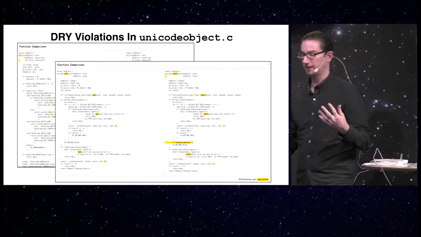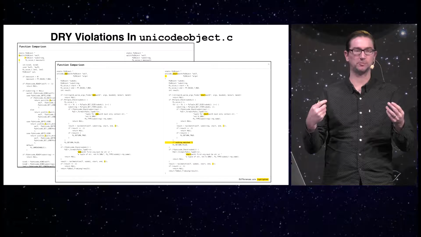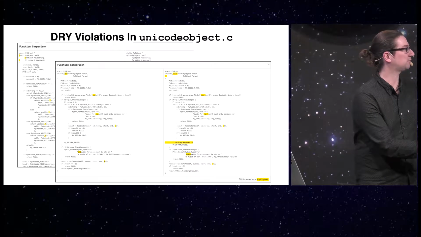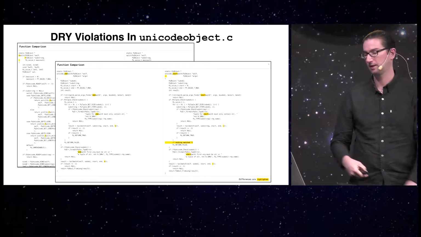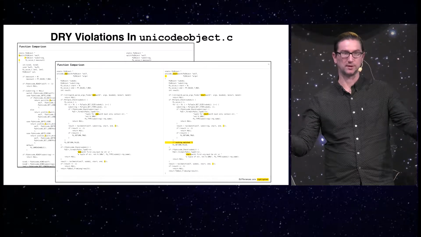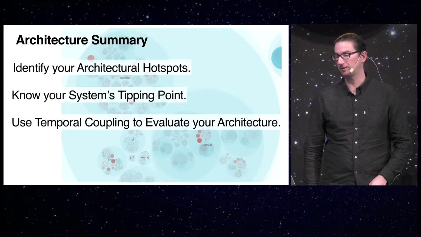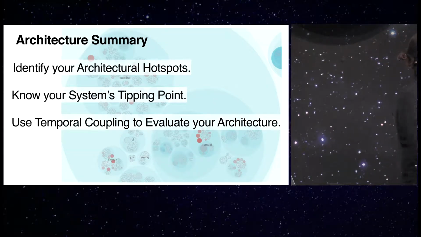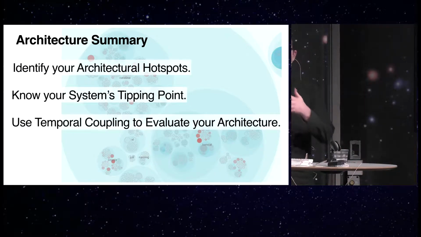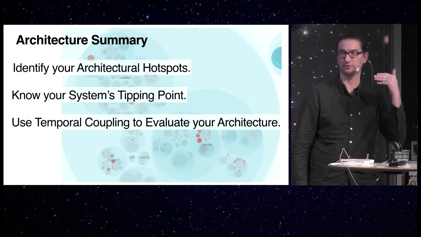And if we do that refactoring, we can remove significant chunks of code, and our hotspot will become a little bit easier to maintain, with less risk that we forget to update one of those clones the next time we modify it. And all of that will be based on data from how we, as a community, have actually worked with the code. So to sum up this part, I want to show you that both hotspots and change coupling scale on all abstraction levels. You can use it on a system level, you can use it on a file level, and you can use it on a function level.